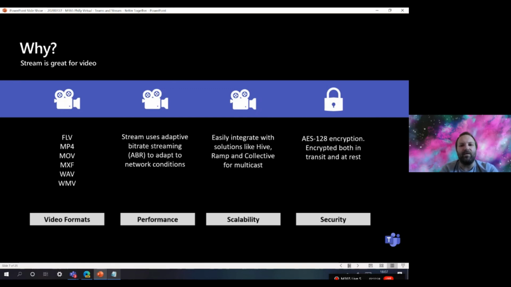Lastly, and probably the most important, is the security of Microsoft Stream. It has AES 128 encryption, both in transit and at rest.